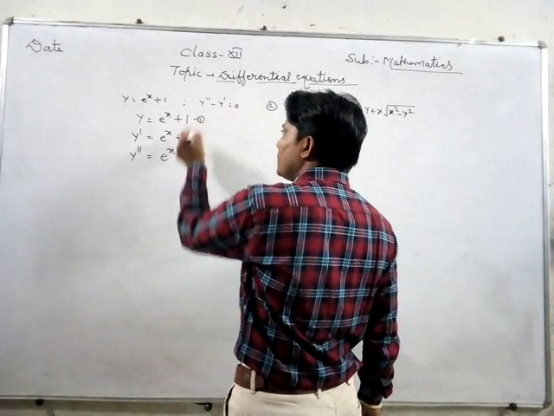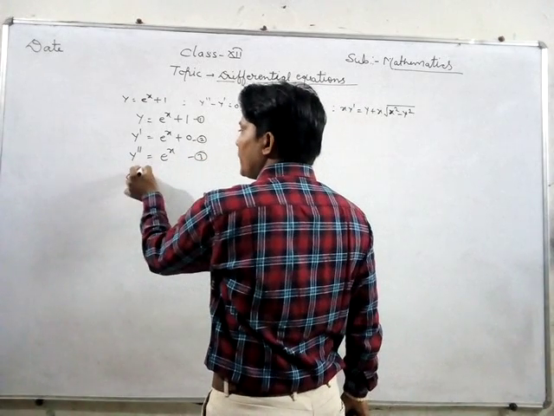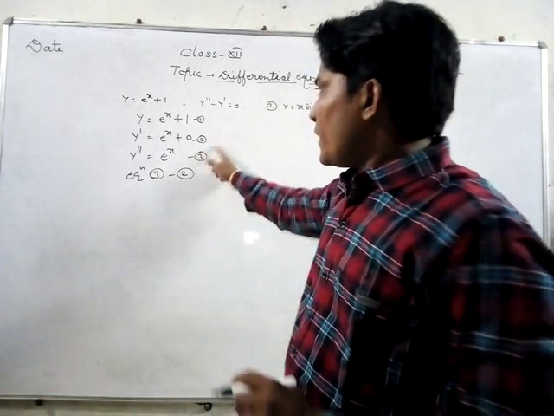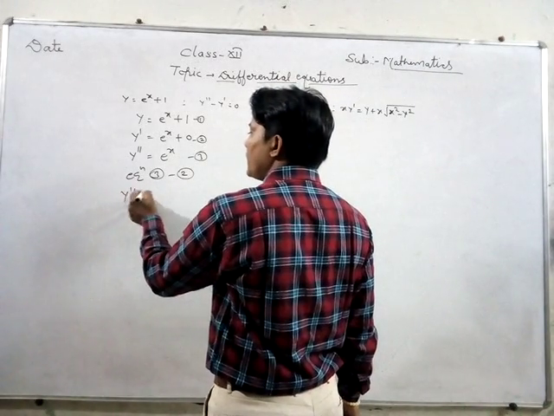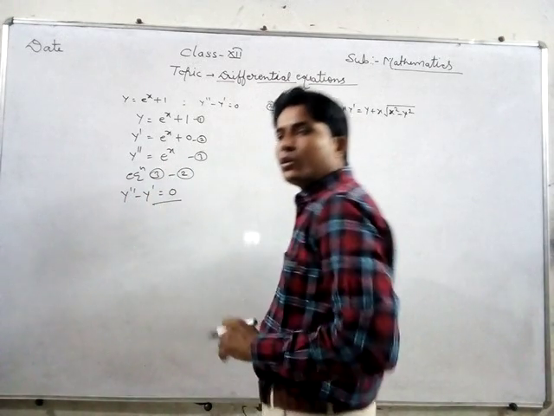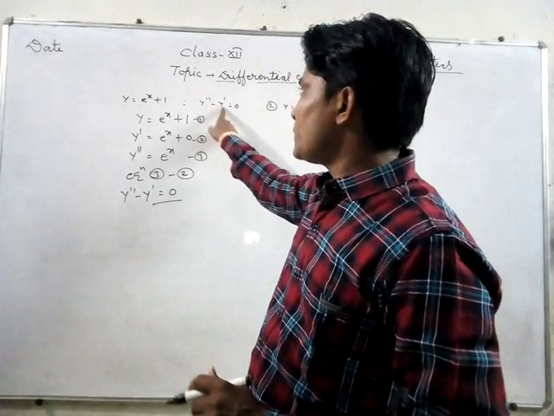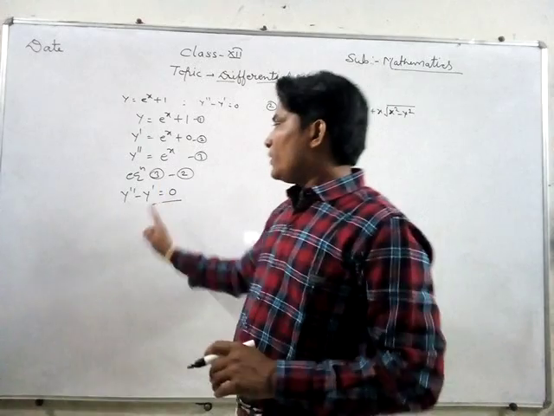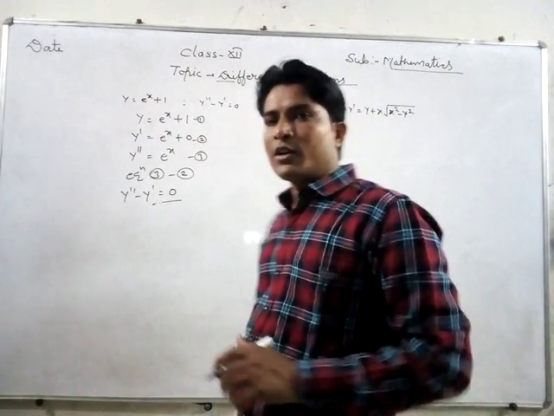This one is equation number first, that is second, and that is third. If we subtract equation second from equation third, then we get y double dash minus y dash equals e to the power x minus e to the power x, which is equal to 0. So here we clearly prove the given solution: y double dash minus y dash equals 0. Clearly proved. Okay student, we already proved that it is a solution of the given function.